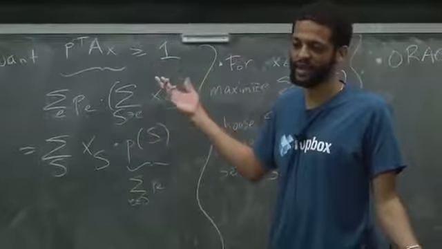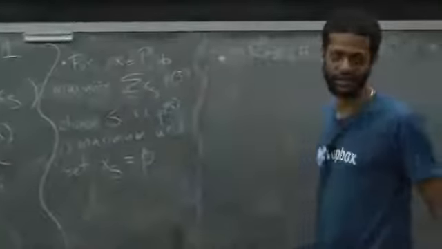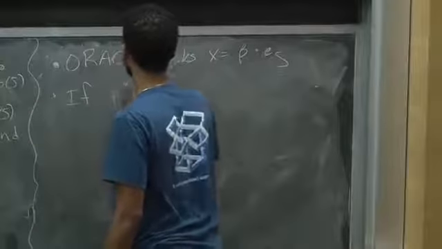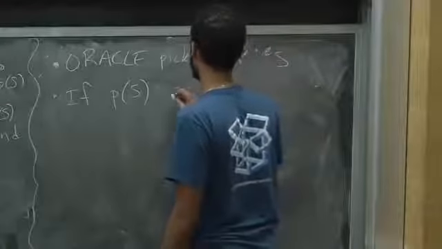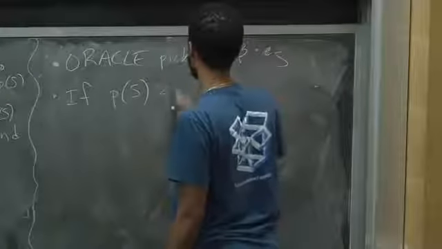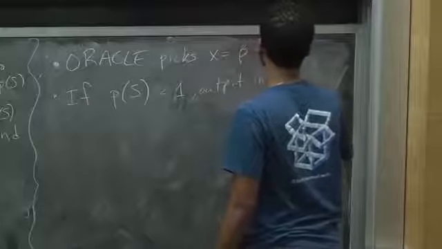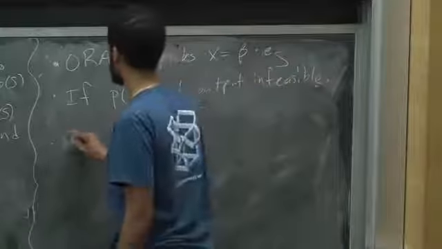I maximized it and I couldn't get 1, so it's infeasible. Otherwise, it'll give you the point. Okay, so if beta times p of S is less than 1, we output infeasible. Otherwise,